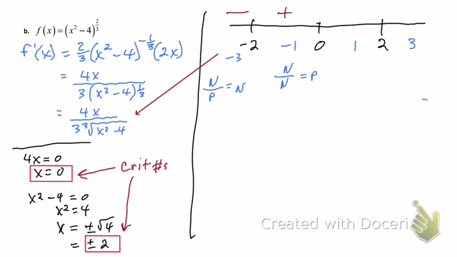So what do you think about -2? Is it a minimum, maximum? Minimum. I stick a 1 in there. Now then, the only thing that changes on this as opposed to the -1 is that top is positive. The bottom is still negative, isn't it? So that gives me a negative here. When I plug a 3 in, I've got positive 12. And I'm back to 3 squared is 9 minus 4. That's a positive number, which gives me a positive and gives me a positive out there. So I know